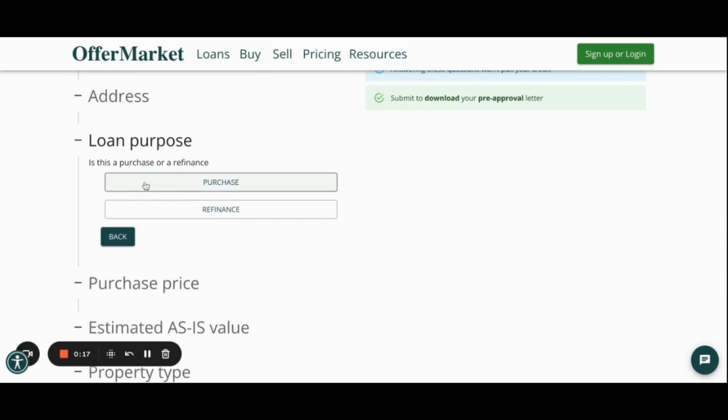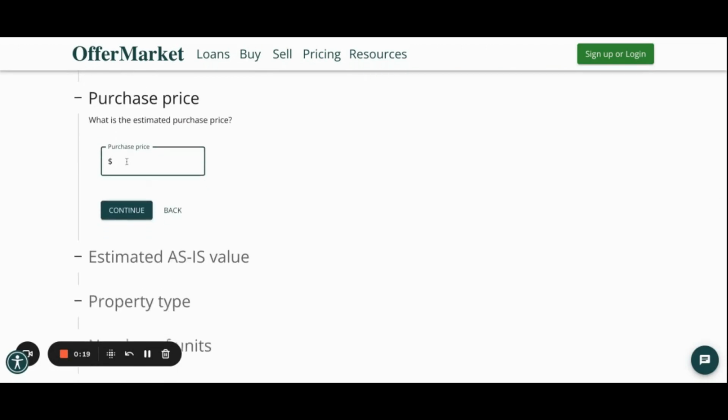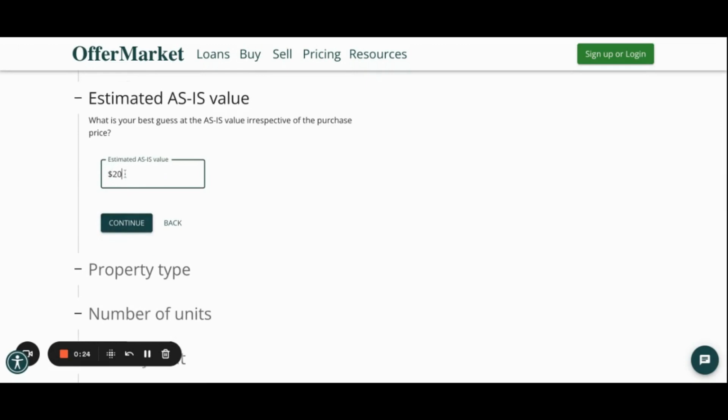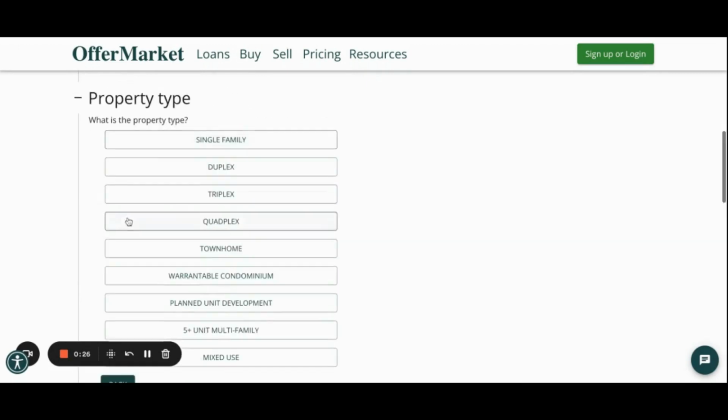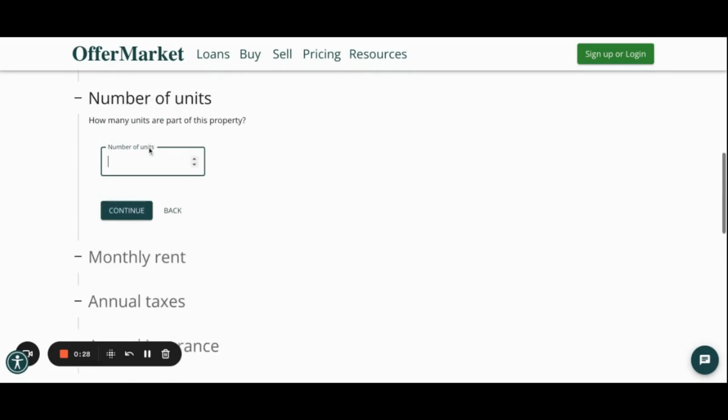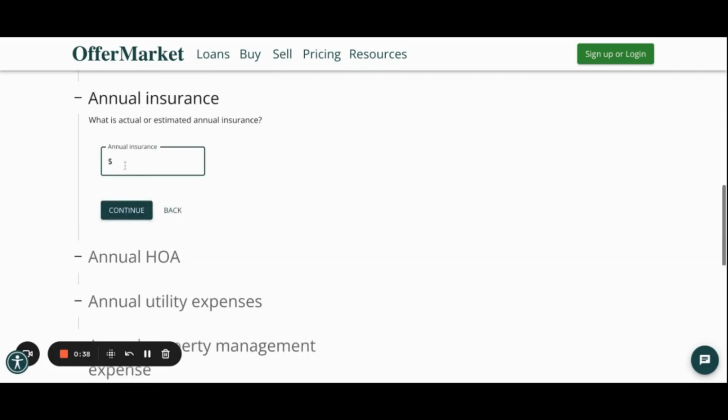their loan is funded. It takes less than a minute for your referrals to receive their instant quote and begin processing their loan. Let's take a look at how easy it is for your referrals to submit their loan application for an instant quote based on deal-specific and borrower-specific inputs. It's important to note that we do not pull the borrower's credit until later in the process once they sign